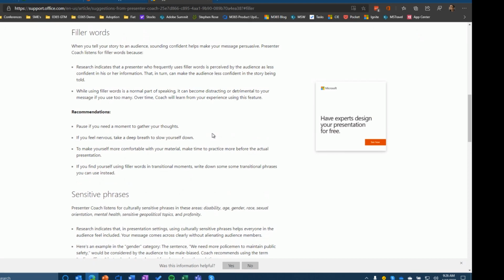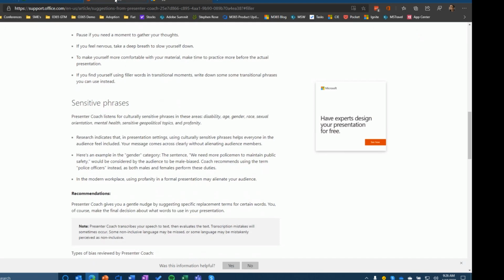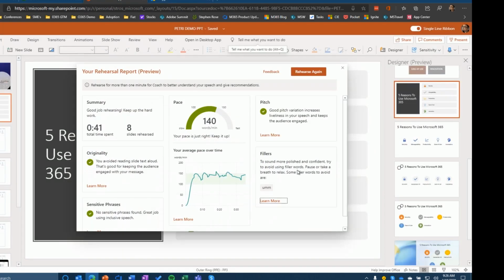So things that you can do to help as you go through this and understand this: you can print up this feedback, you can save it, you can continue to rehearse it. I've used this before Ignite, and it was a great way to go through my presentation, where I was going through too